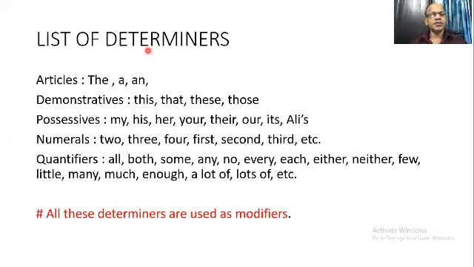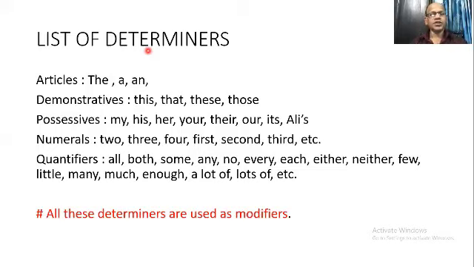DAN: demonstrative adjective, this, that, these, those; possessive: my, his, her, your, their, our, its, Alice's, etc. Numerals: 2, 3, 4, first, second, third, etc. Quantifiers: all, both, some, any, no, every, each, either, neither, few, little, many, much, enough, a lot of, lots of, etc. are quantifiers. All these words